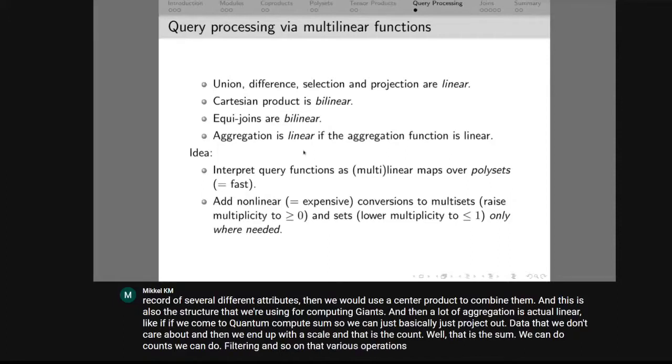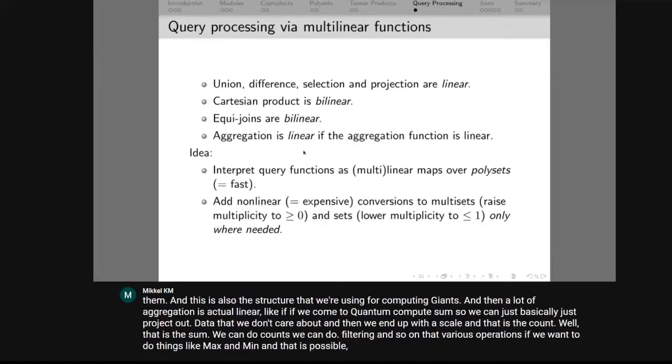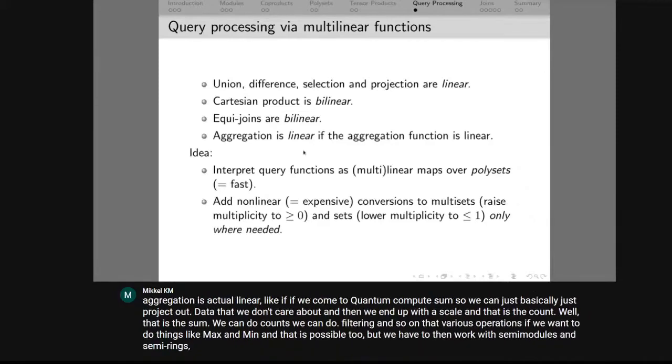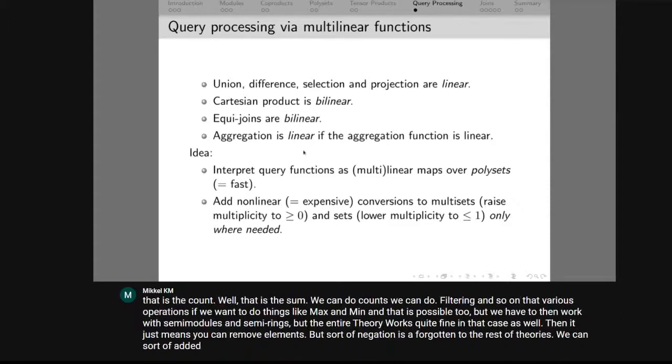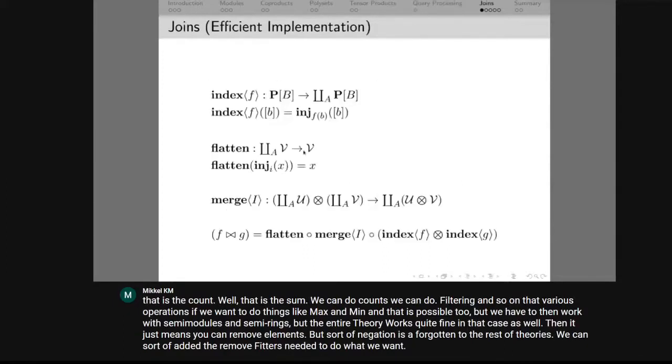If we want to do things like max and min, that is possible too, but we have to work with semi-modules and semi-rings. But the entire theory works quite fine in that case as well. Then that just means you can't remove elements, but negation is orthogonal to the rest of the theory, so we can add it or remove it as needed to do what we want. Right, so let's look at